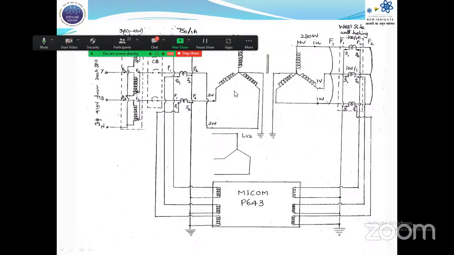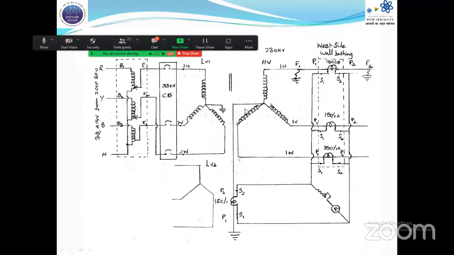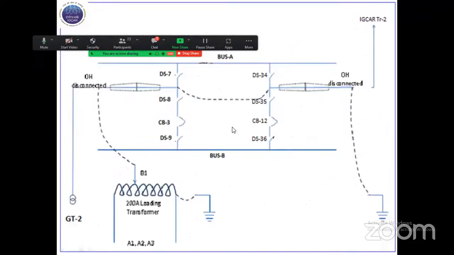So this is one 33 kV winding. This is 230 kV winding. So here current is injected and simulated through auto transformer, both for in-zone and out-zone faults created and protection function were tested. This is the test setup for REF protection, and this is the